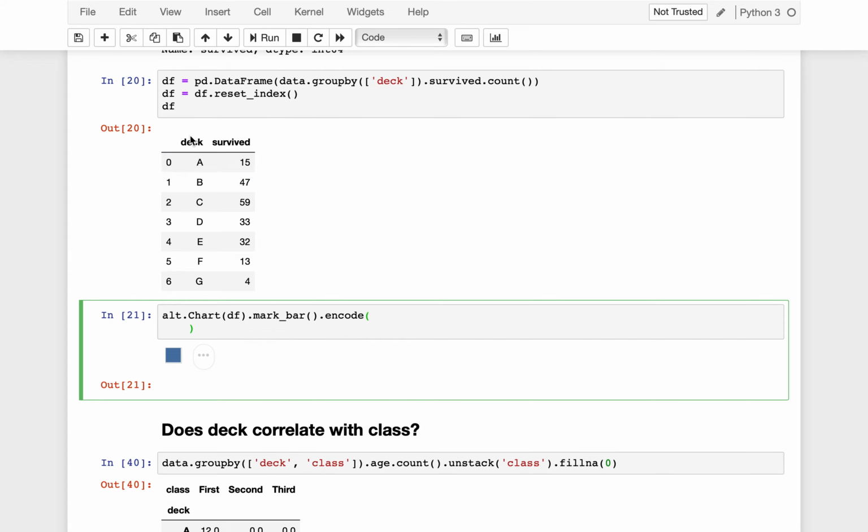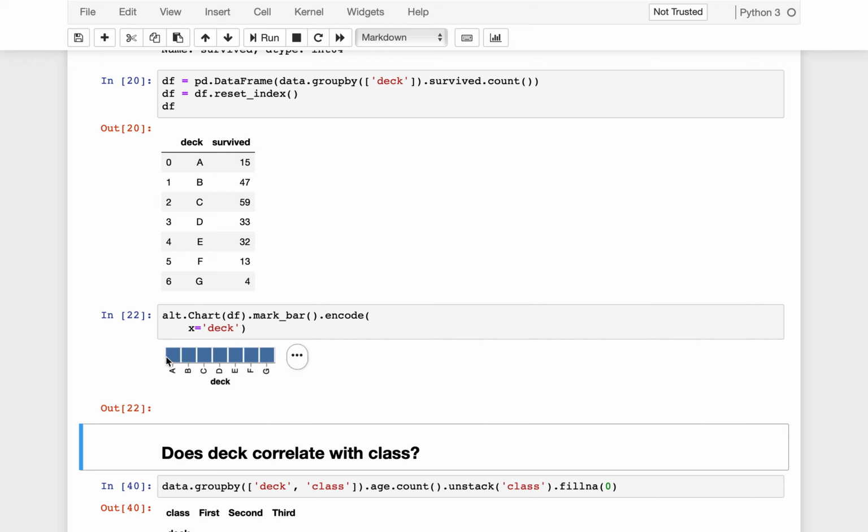So I want a bar for each deck. And now I have the option of putting the bars on the y-axis or on the x-axis. If I put them on the x-axis, which is basically how most histograms are provided, I can do x is equal to deck. So I now get a bar for each one of these categories, for each one of the decks. Of course, the same height,